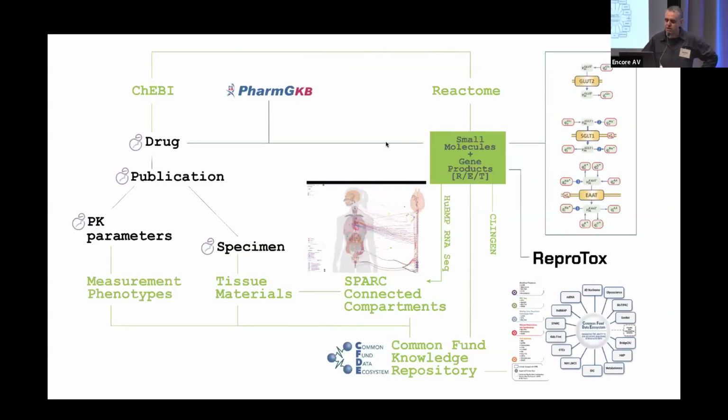This is just one suggestion, but essentially what I would like to see happen is that uniform resource identifiers from the MPRINT knowledge base, particularly for drug, for PK parameters, and for specimen, are embedded into the Spark model for compartmental connectivity. And that would then become Spark metadata that is pointing to the MPRINT resource. And the Spark metadata would be included in the Common Fund knowledge repository, making it findable as part of any search within this Common Fund space.